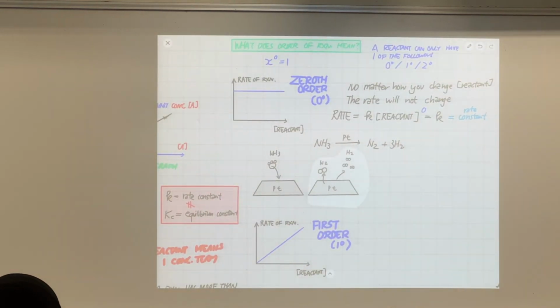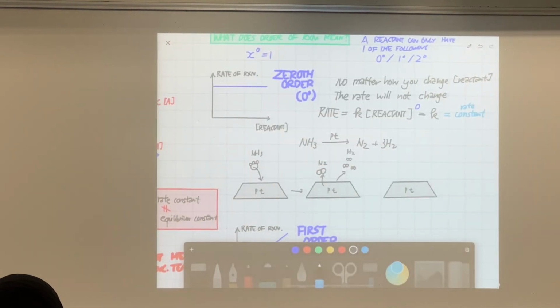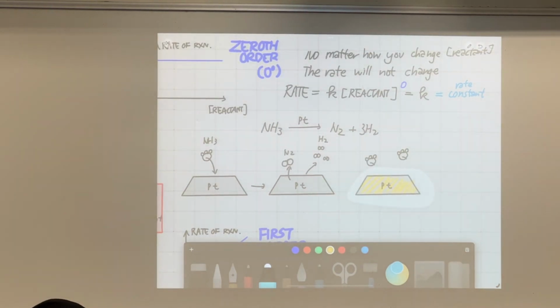That's because the catalyst, platinum, has only a certain surface area available. You see, it only has this much surface area, right? Imagine what happens when I put one ammonia here. Well, the ammonia can come in and become nitrogen and hydrogen, right? No problem with that. But eventually, when the whole surface is occupied, you have learned something similar to this in biology. How many of you do biology?